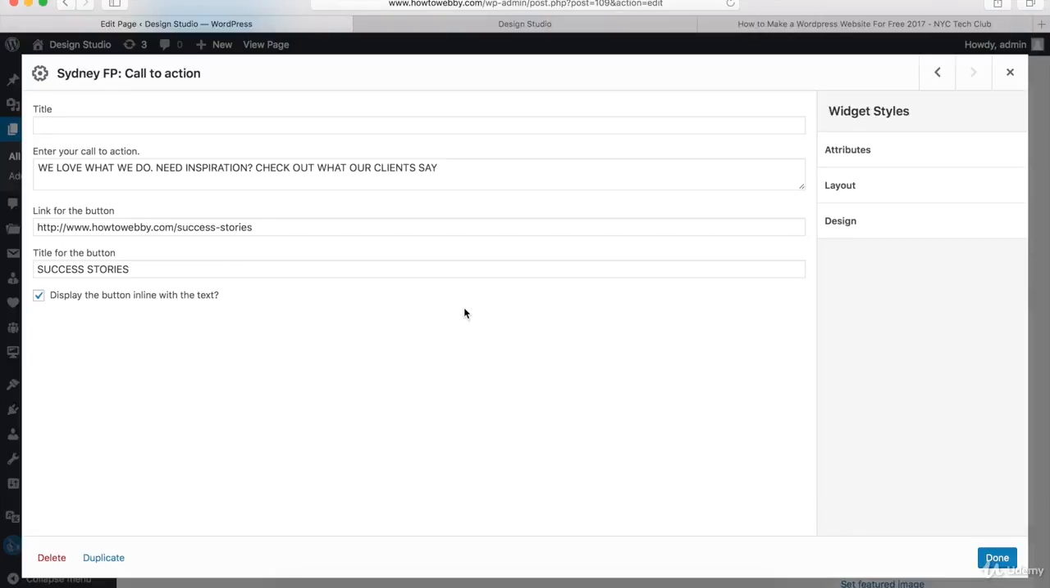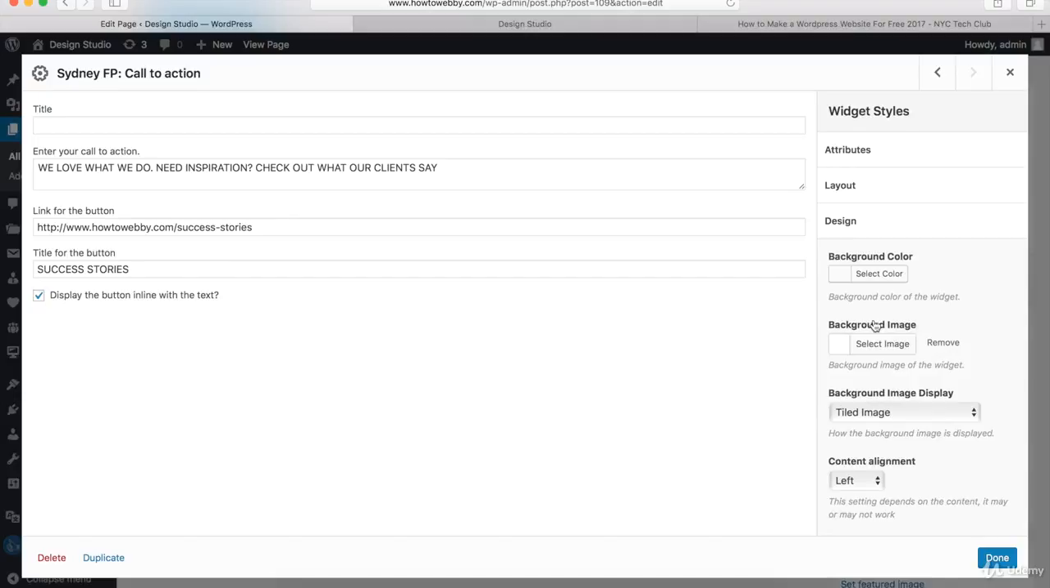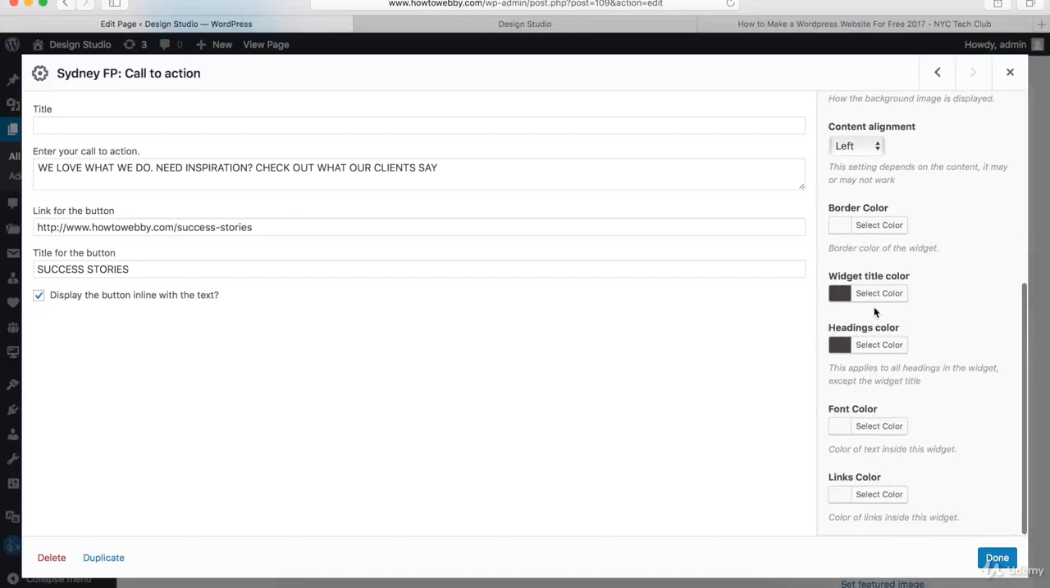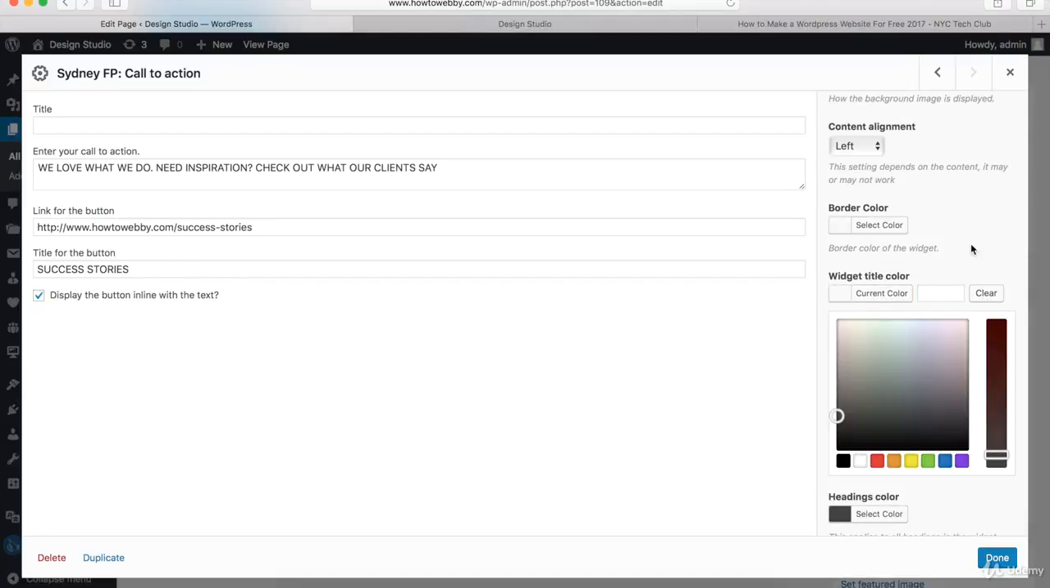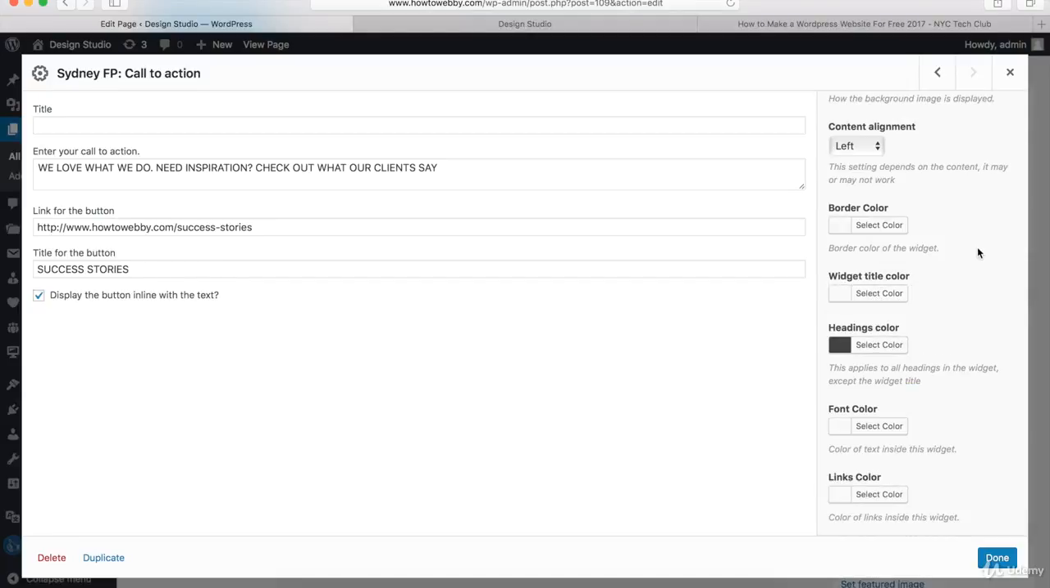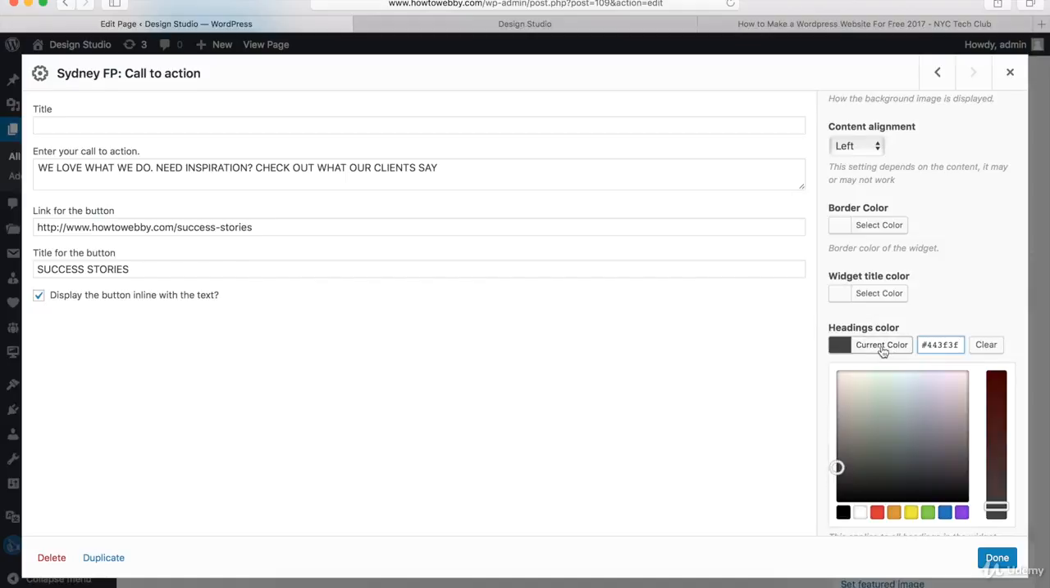And the other thing that I want to do is come to the Design tab, and we want to change some colors again for the font. So let's scroll down to widget title color, and we don't need to do anything here. We can just clear this just to be safe. But for the headings color, we want to put in the color code that has that silver color. So if you remember, it's going to be hashtag or pound sign